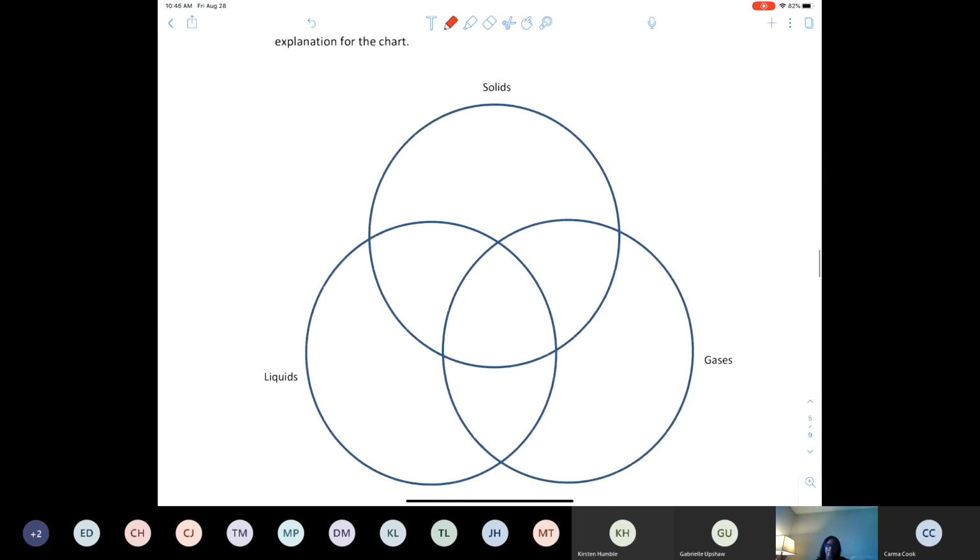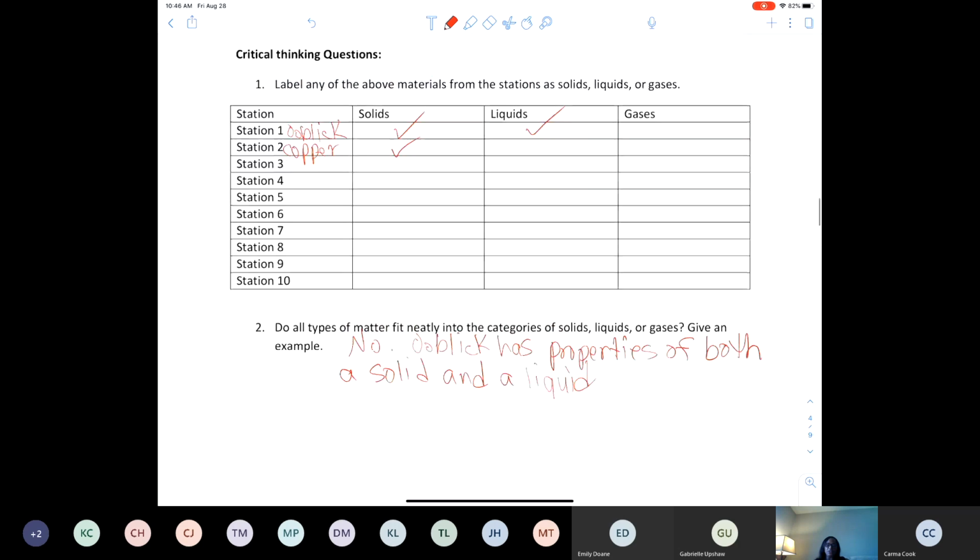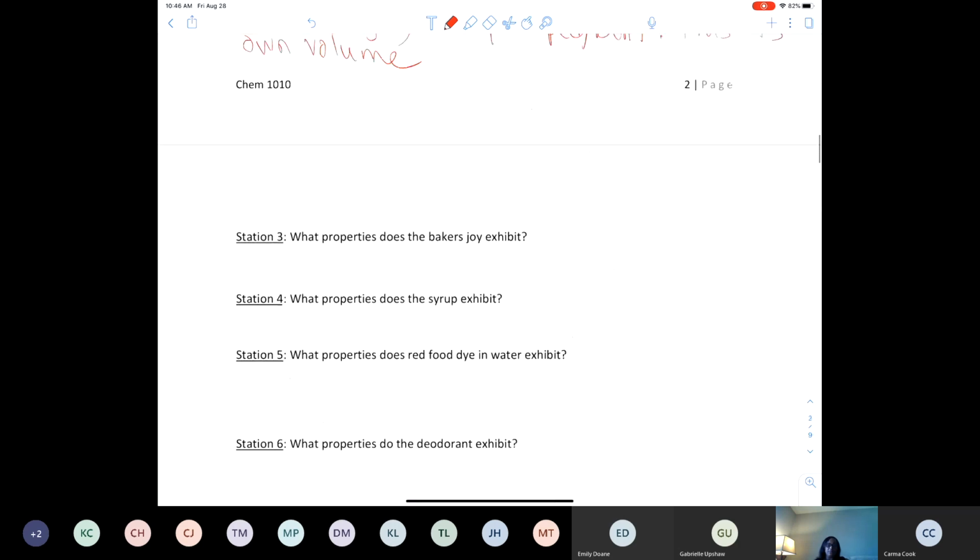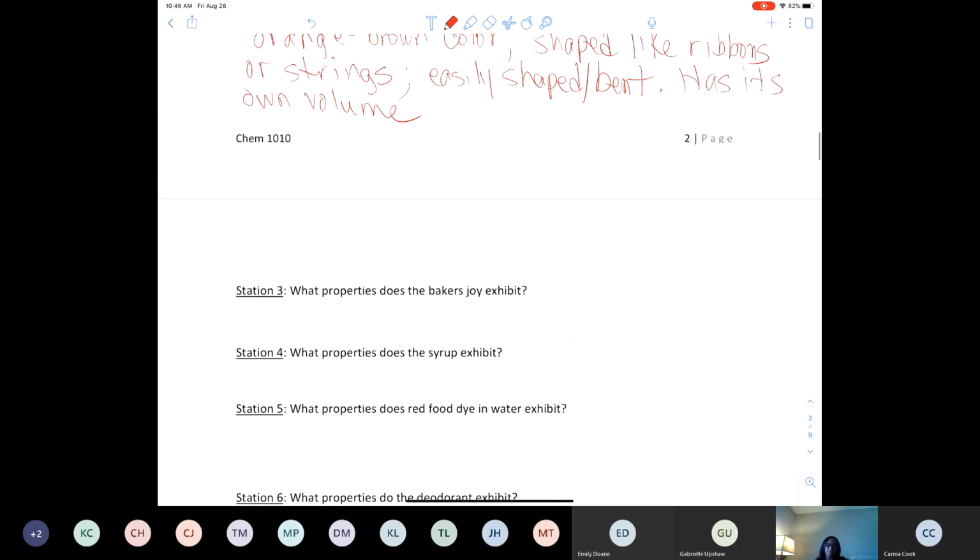And then question 3, so now I can go ahead and put oobleck here in this intersection of solid and liquid. But copper, I'm going to put exclusively in the solid circle. So as you fill out the properties for each substance,